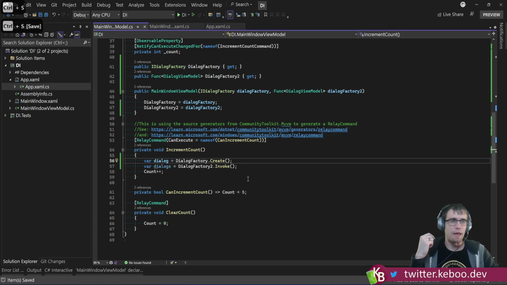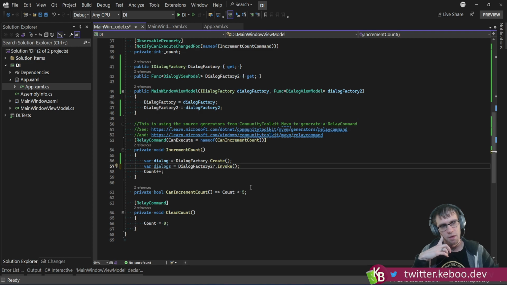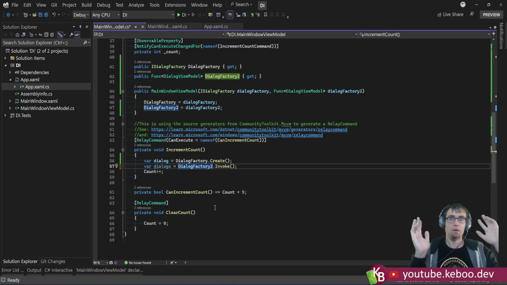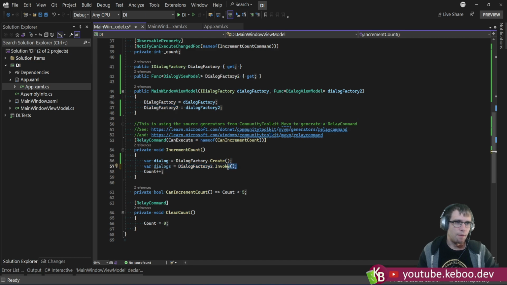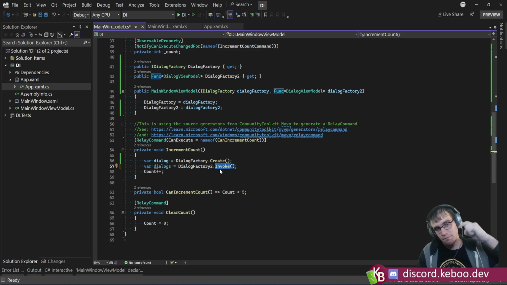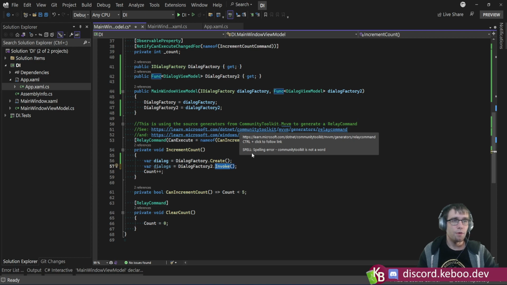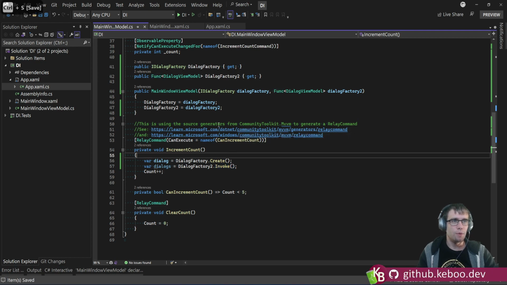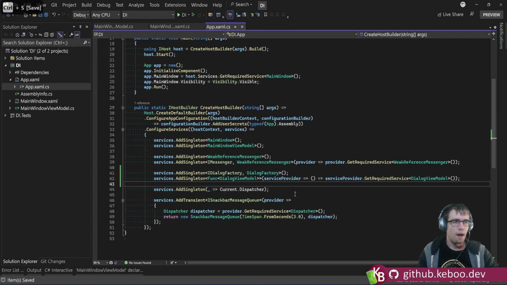Some people prefer that because it gives you an opportunity to use the null propagation operator, or because they find it to be more clear rather than just seeing two parens slapped on a property going, oh, what? That's weird. Yeah, it works. They both do the same thing. But then when you invoke this, it's going to call back to that Func and create a new instance. So worth noting though, when you end up doing it like this,